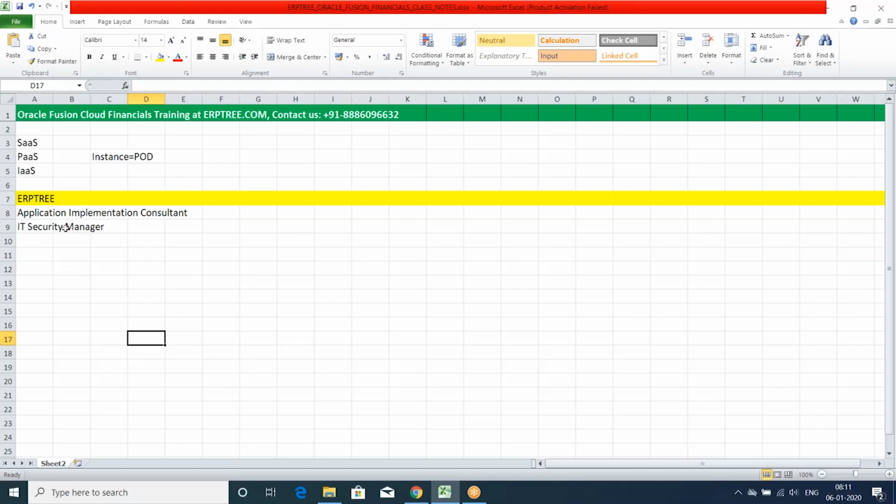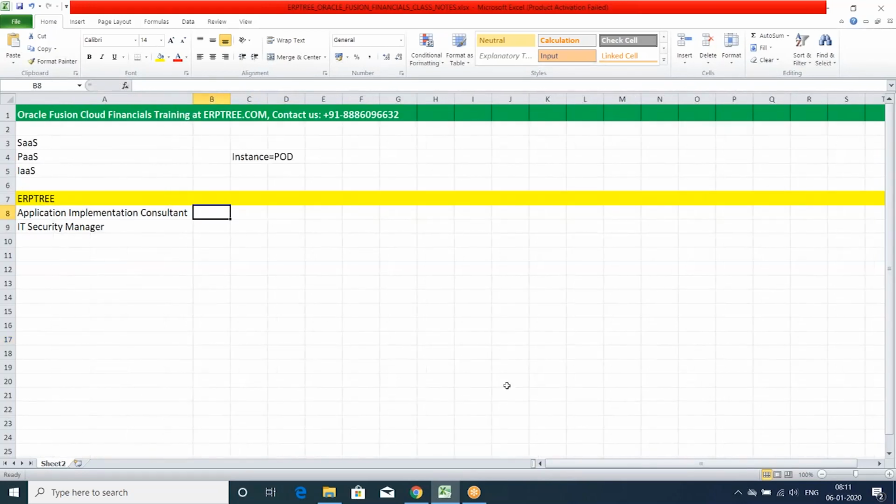If you give the ERP tree user access to the role called Application Implementation Consultant, this user will have access to the environment called FSM. From this FSM, you will be able to do the setups or configuration.